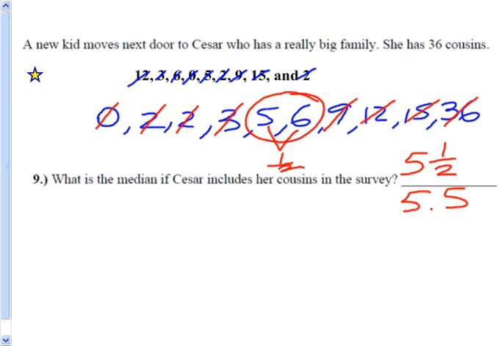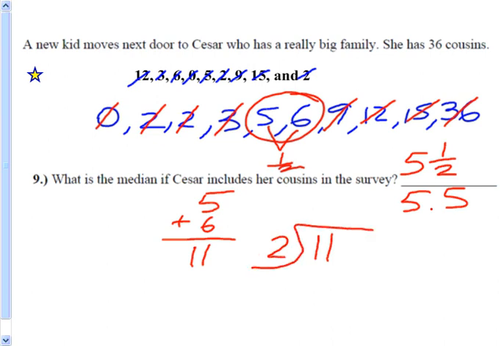Here is another way, however, that you can find the median if those numbers are further apart and it's not as clear as to what the median would be. And I'll just show you that now. If you take and add those 2 numbers together, here we have 5 and 6. We add them up, and they're 11. If we divide that number in half, 11 divided by 2,